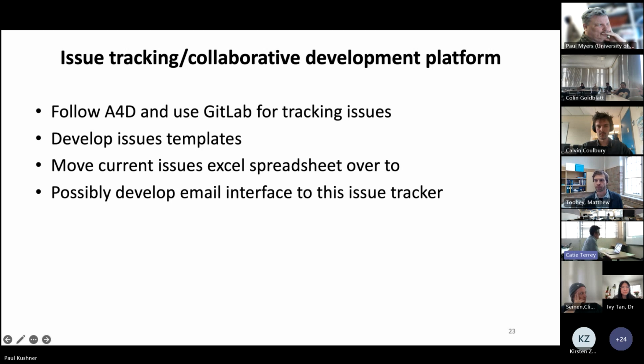In terms of issue tracking, I think Neil has convinced me, and actually Michael as well, that we could go for using the GitLab issue tracker as a platform for CP4C. What that means is that we need to move our Excel spreadsheet over to GitLab, so it will be very helpful if we have a template for issues.